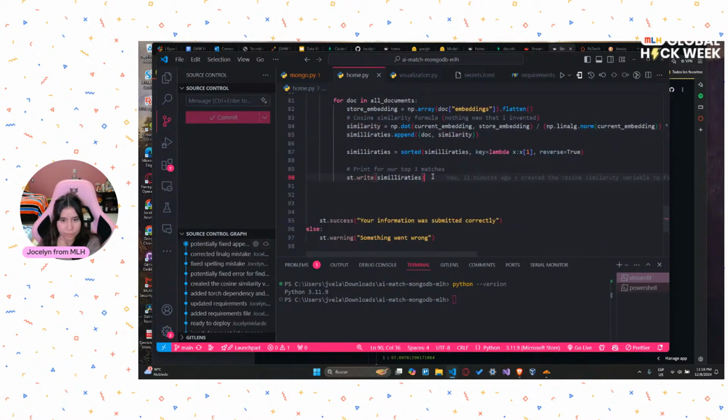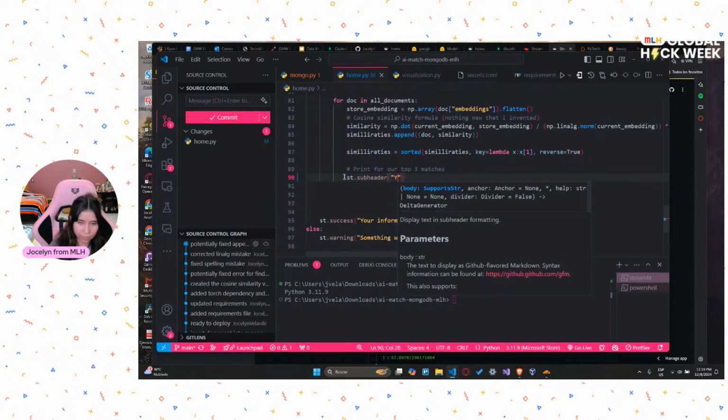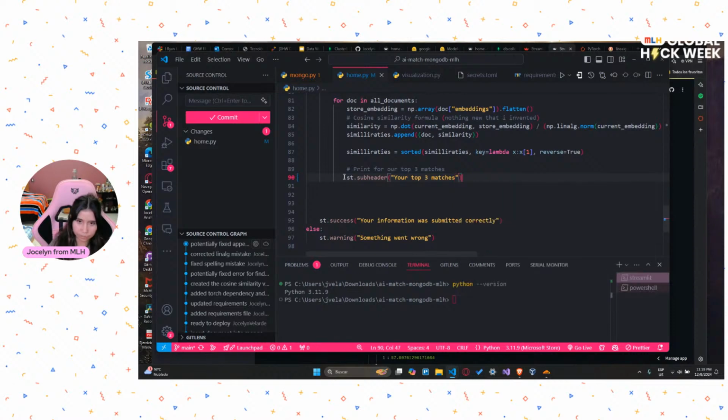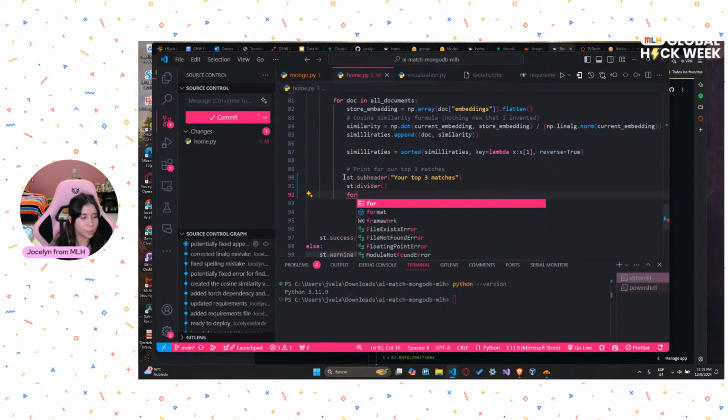And after, let's delete this because this is just printing all of the information that I have in similarities. So now let's add a nice subheader, and we will call this your top 3 matches. Nice. I will add a divider. And then we will be iterating over each match, and we will be getting just the top 3. So we just want to show 3 potential matches. So for each match,